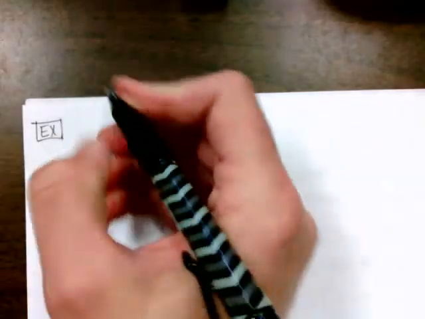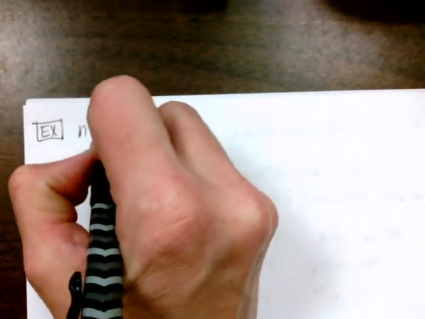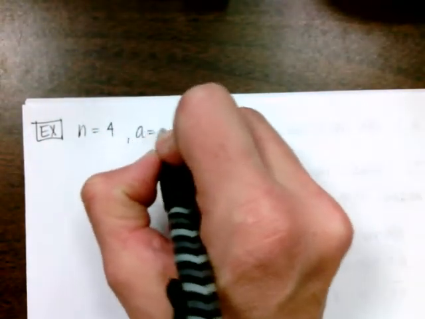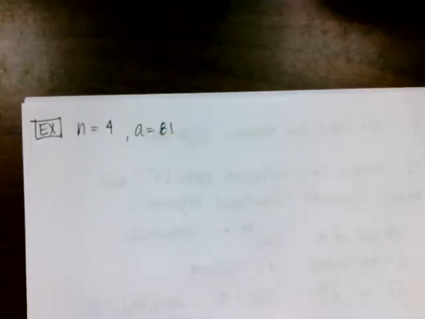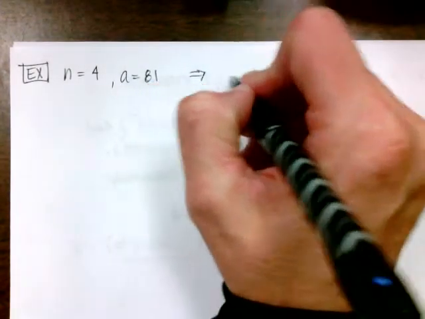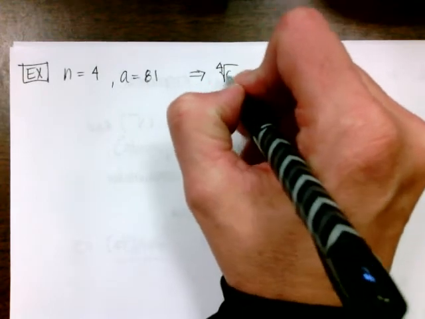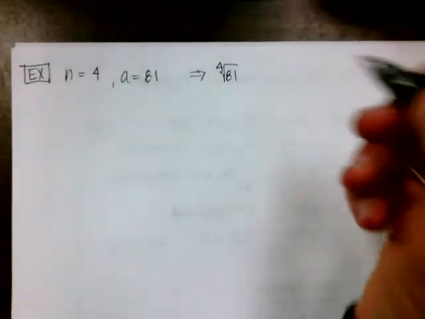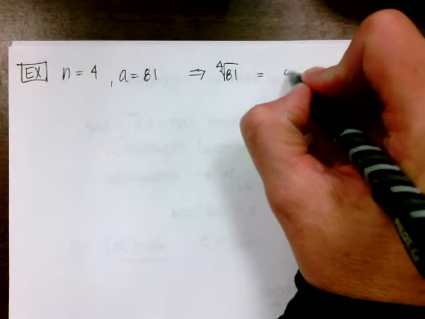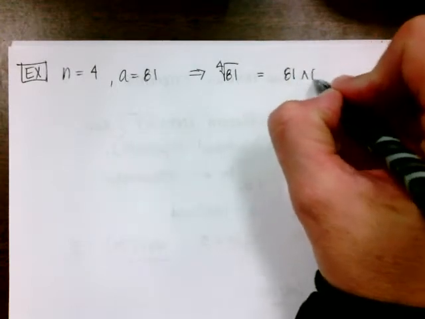Okay. All right, this time it's the same directions, find the indicated root, and a is equal to 81. All right, so now I want to find the fourth root of 81, okay? So I'm going to rewrite this just so you can see it in different forms. I want the fourth root of 81, and in my handy dandy grapher, I'm going to do 81 caret 1